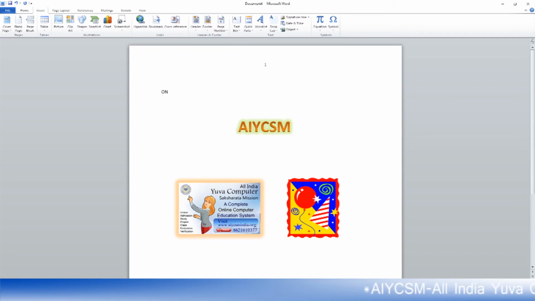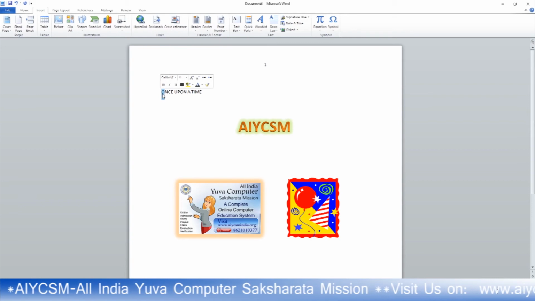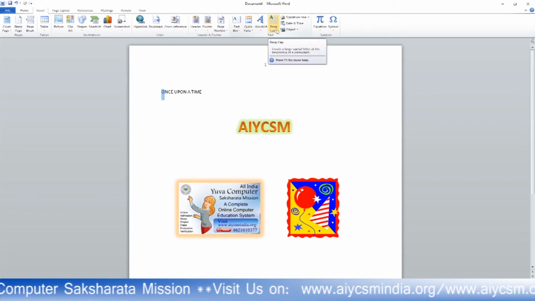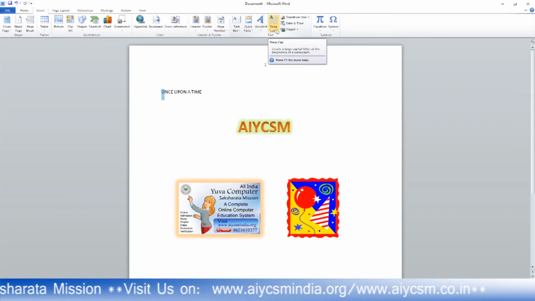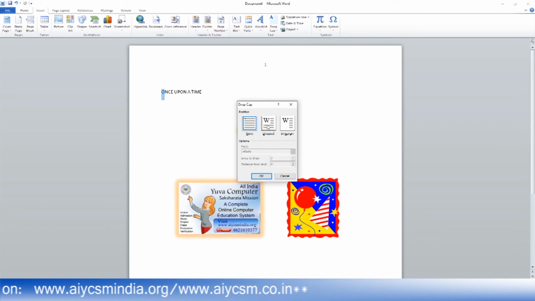Another important feature. If I write like this, once upon a time, and now I have to increase the size of this particular word, then I go to the drop cap option. You will see this type of feature in some English newspapers. Go to drop cap option, drop.